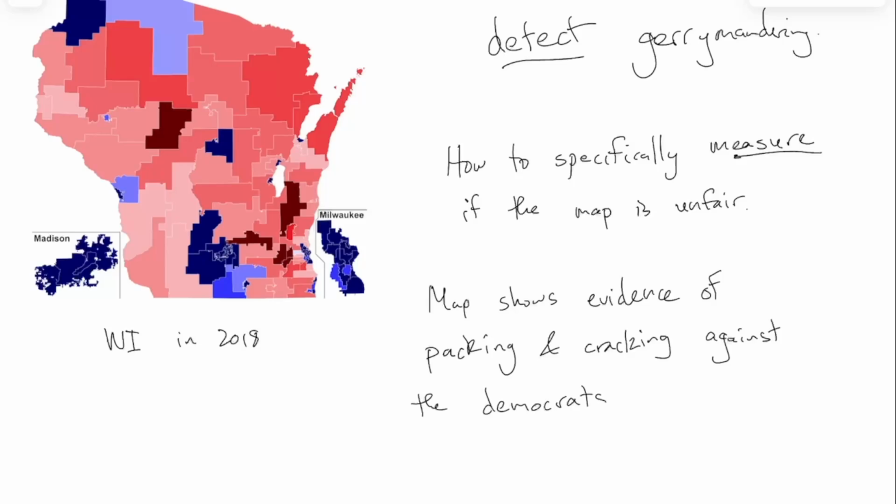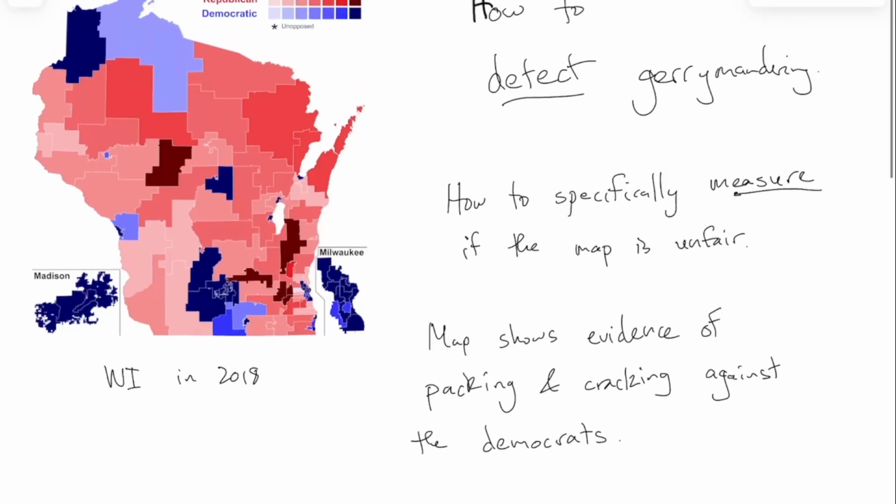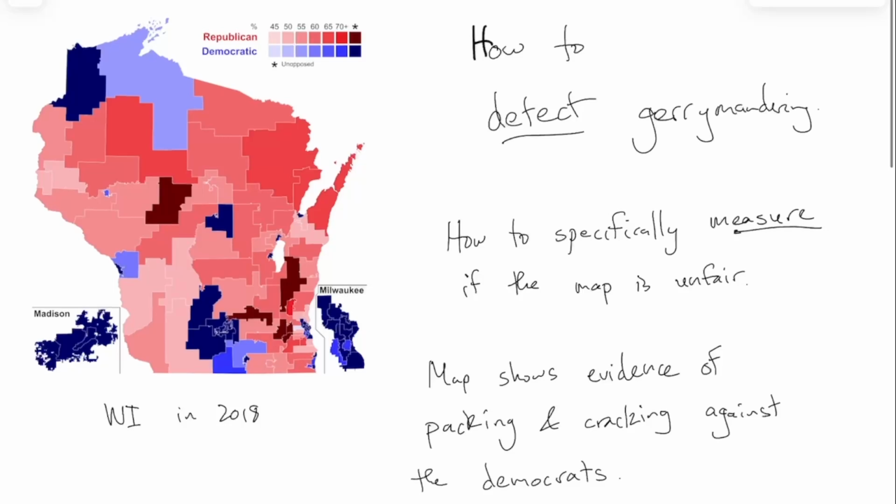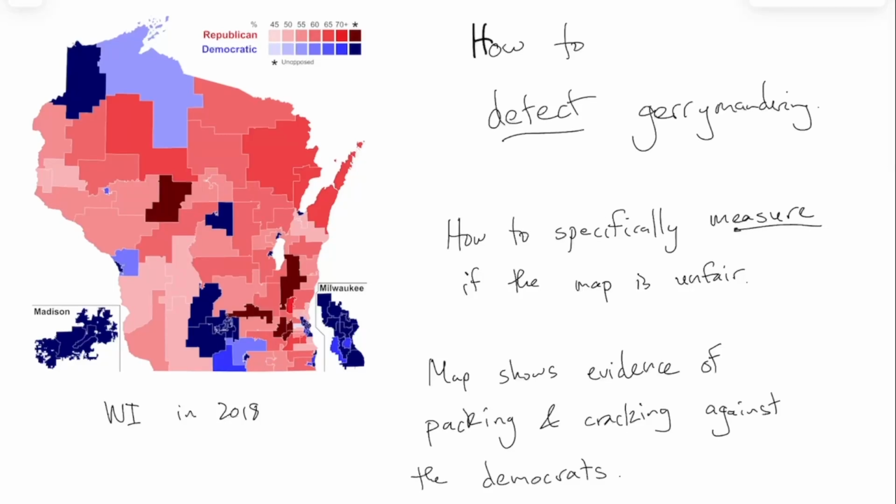And I'm not trying to be a political partisan here. It's generally agreed upon. Basically everybody who looks at this map will agree that it has been specifically designed to give an advantage to the Republicans and a disadvantage to the Democrats. And you can see the packing at work because most of the blues are super dark blue. What that means is that